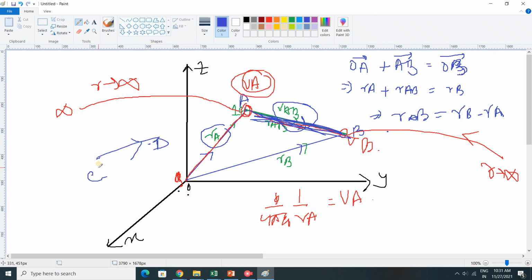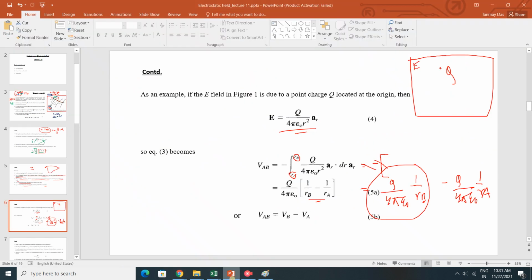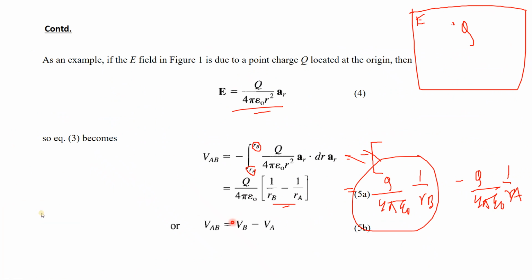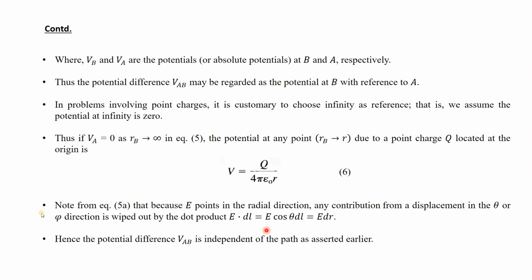Moving in between means any 2 points, suppose C and D. If I am moving a charge from C to D, that means previously there was a potential at C, and there has to be a potential at D also from previously, पहले से होना चाहिए, तभी हम मूव कर पा रहे हैं, तभी हमको सी डी मिल रहा है, नहीं तो नहीं मिलता. तो मतलब if there are 2 points, each point has some potential before, and then if you move the charge between the 2 points, then you get the potential difference. Okay, that has been told over here.